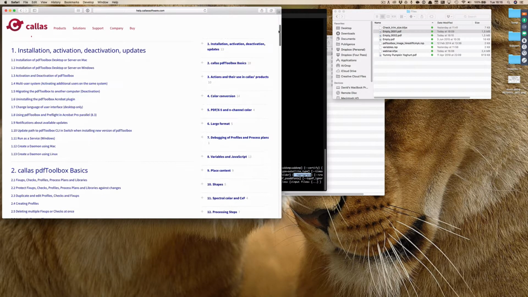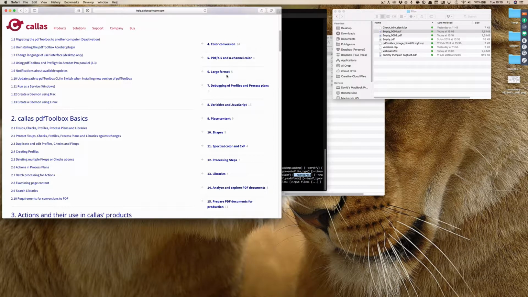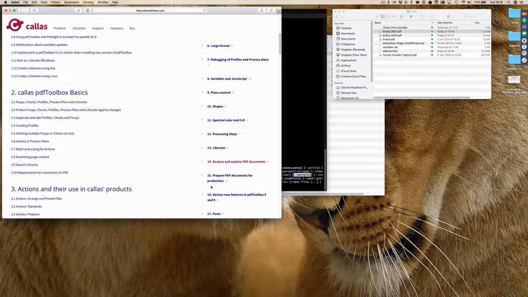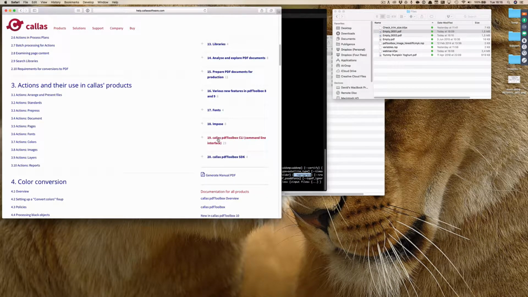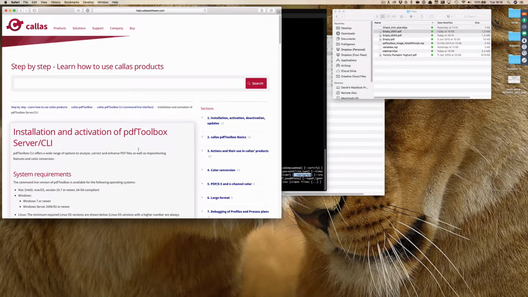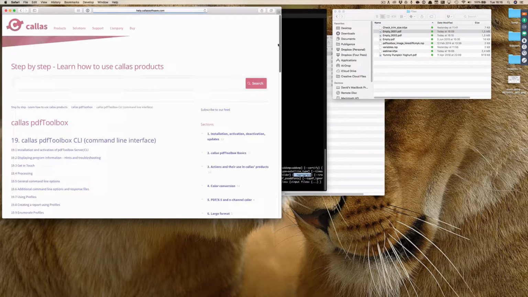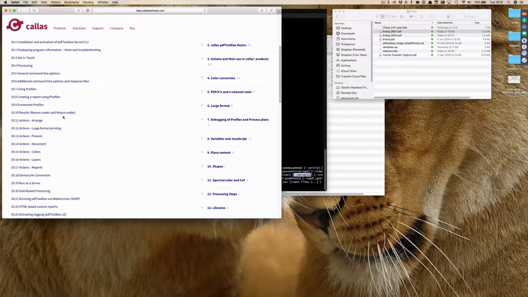And as you can see on the right-hand side, there's a whole bunch of chapters in there. And actually, if we go to chapter 19, don't think it will always be 19. We still continue to add to the documentation, but there will be a chapter near the end of this pdfToolbox book that is about the command line. So I can go there, I can start reading about the installation and the activation, or I can look at all of the different topics that are